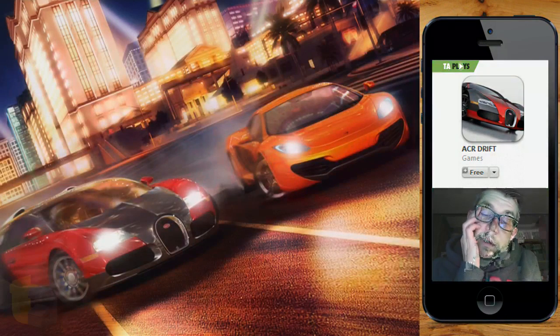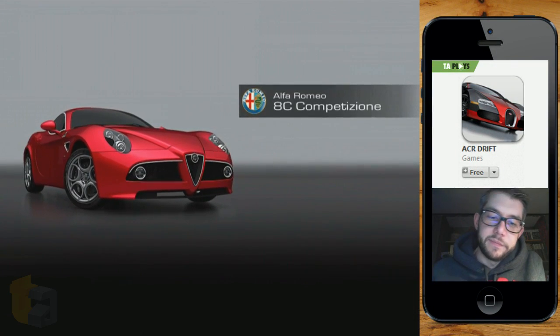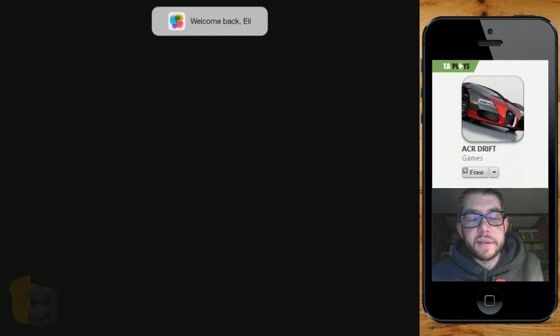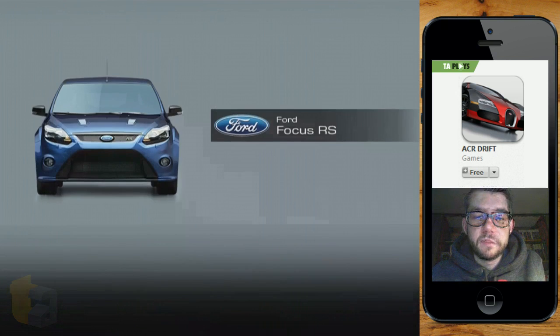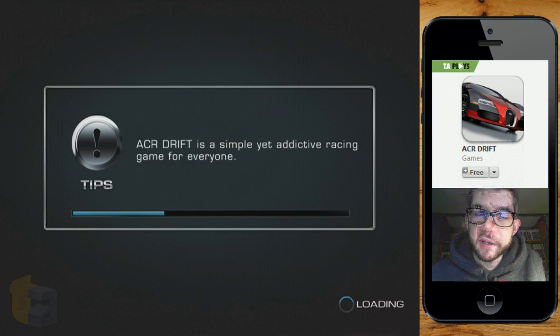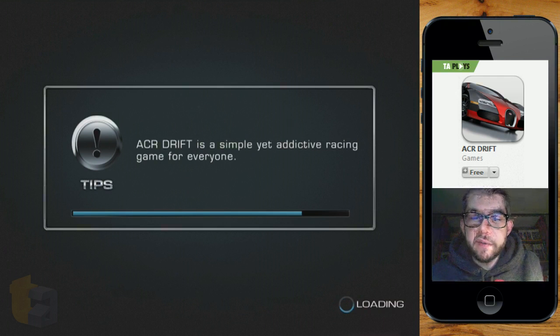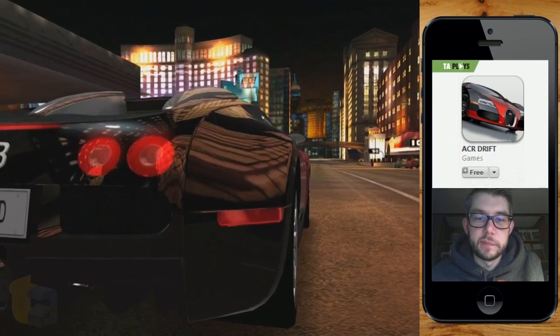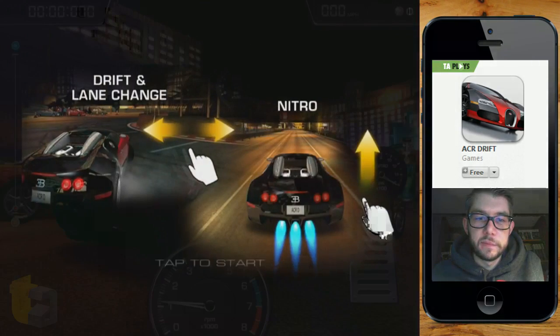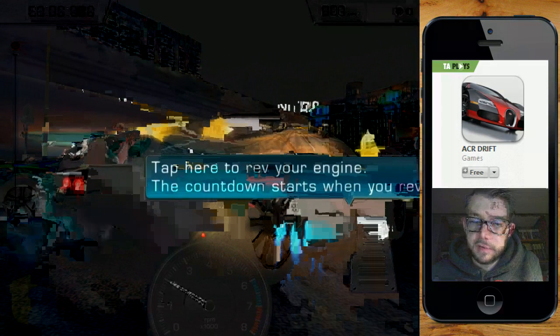So what's interesting about this game is that Cruise is a developer that in Japan is absolutely massive. Like, everyone would know who Cruise is in Japan, and this is their first game that's kind of trying to take over the North American market. So I have yet to try this, so we'll see how it is. Alright, so you swipe right or left to change lanes, and then forward to nitro. Tap here to rev your engine. Okay. 3, 2, 1,